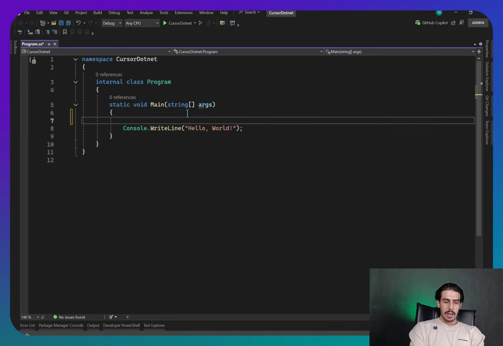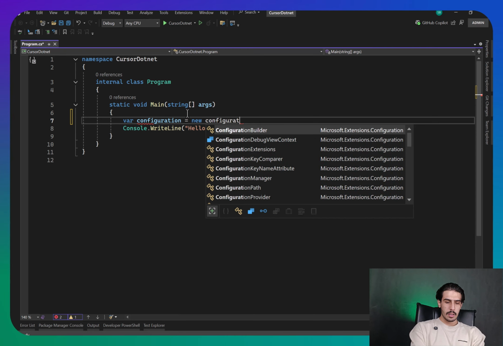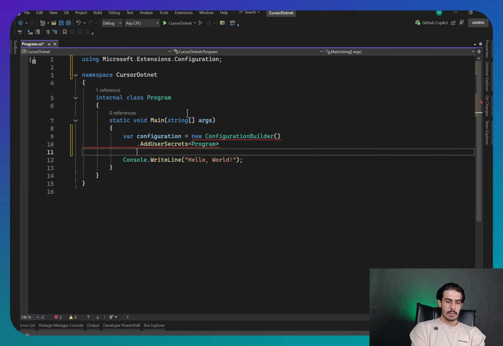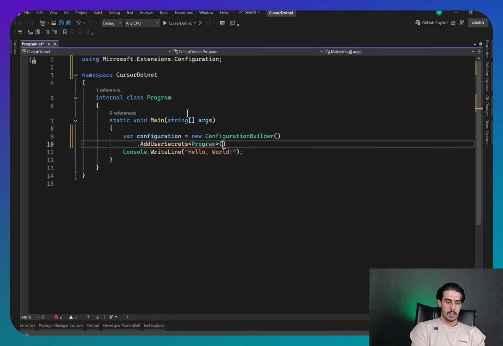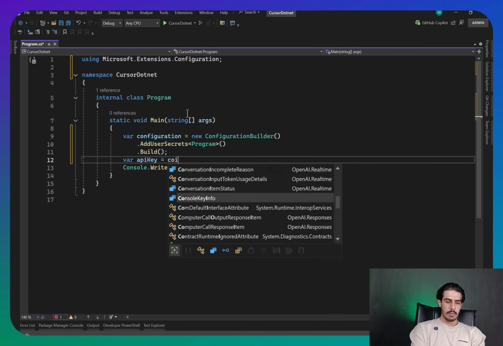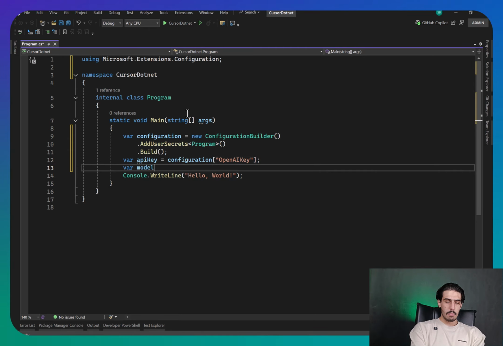First of all, we need to load a configuration. I'm going to say configuration is a new ConfigurationBuilder, that's AddUserSecrets for the Program class, .Build. Okay. My API key is configuration with the name of the OpenAI key. User secrets save this information in a key-value pair approach, and I'm going to say our model name is